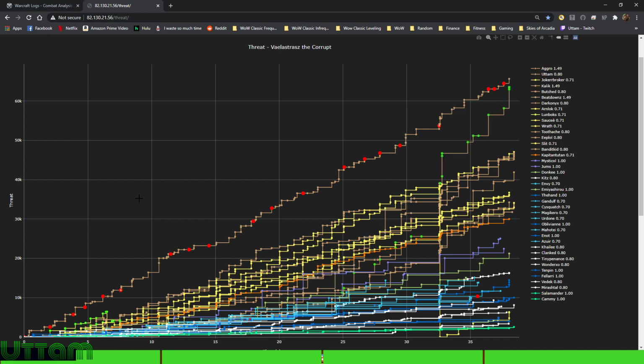Now that we know how to upload a log into the threat plotting tool and how to make it a bit easier to read as we may need, let's get into the actual analysis of this fight. The first thing that sticks out on this graph is that our tank's threat, Aggro's aggro, is extremely solid. Throughout the entire fight, not only is he maintaining a threat lead, he's actually building it up higher and higher,